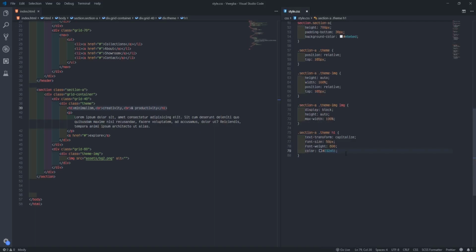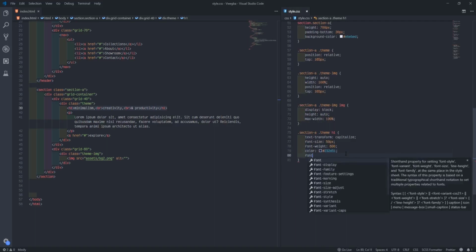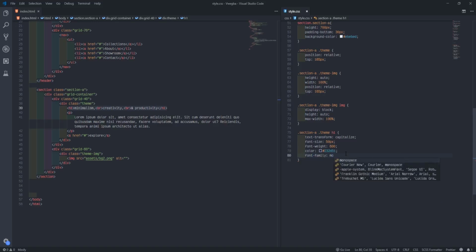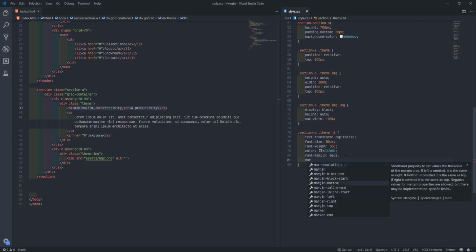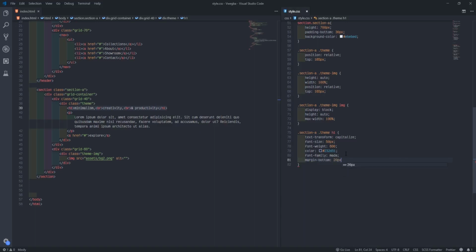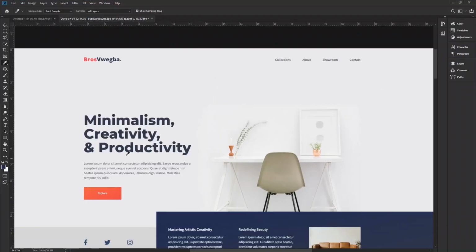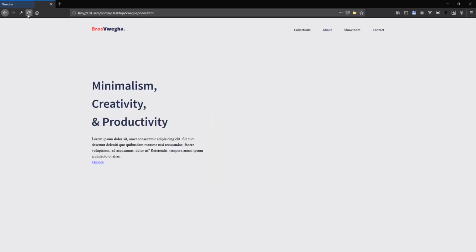Then font family. The font family we use, you get one font like that that we downloaded, Montserrat. I like that family. Where is Montserrat? Then we'll see margin bottom now. Margin bottom like 20 pixel, because normally if you see space there, I'll make margin bottom into there. So let me refresh. Okay.